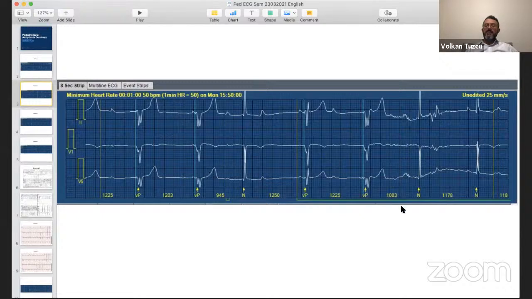The other comment was that DDD would have been better. I don't agree with this because there is always a reason behind it. I mean, if this patient requires only 10% of pacing like this and has a normal function and is a small child, rather than putting two leads, putting a single lead and VVI is better than a DDD pacing. A DDD pacing in this patient would result in very frequent ventricular pacing, which wouldn't be appropriate.